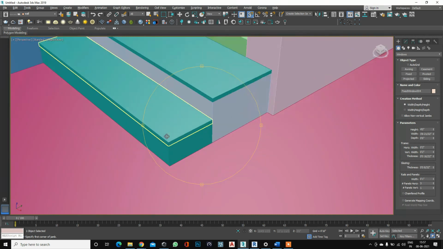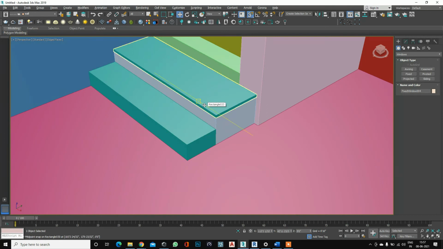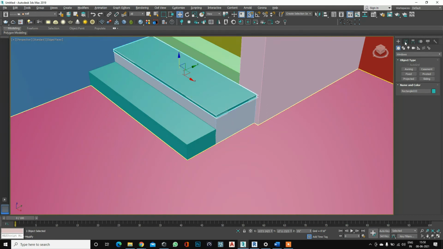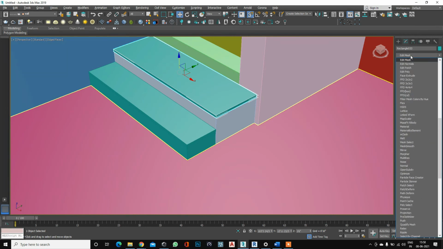If you want to give this smooth surface to this portion, what we need to do is select, go to Modify, and here we can use Edit Poly. First we are using Edit Spline, then we can use Edit Poly.